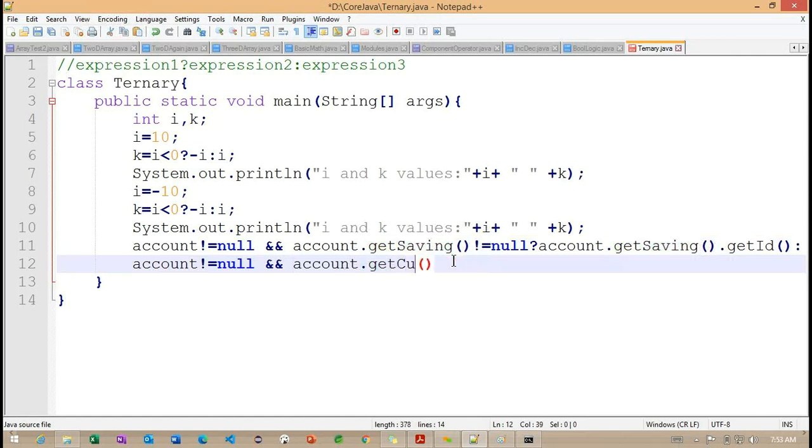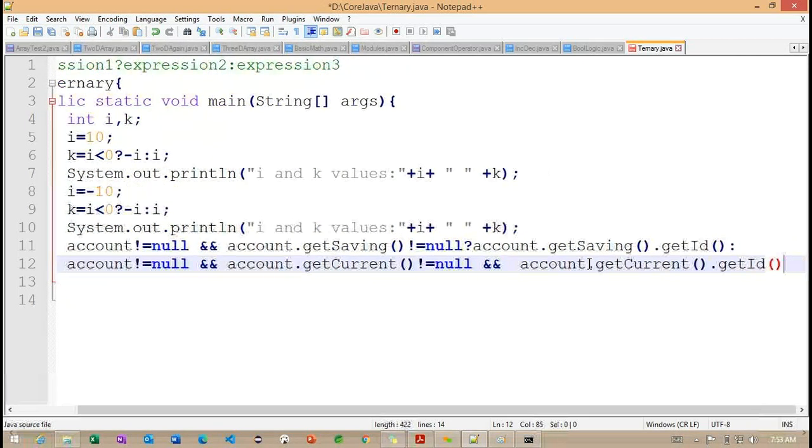So instead of saving, current account, getting the point. Null. Here I'm making one more condition. Observe here. And so current account dot get ID. Getting the point. So get ID. This is what I'm trying to make here.